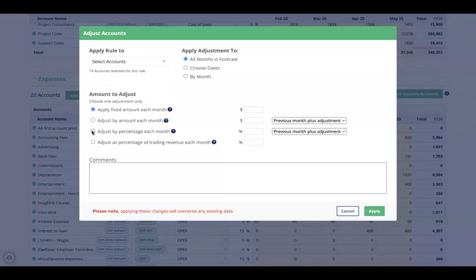And I'm going to adjust by percentage each month. Let's pick a nice number. Let's do 10. I could do the previous month plus adjustment, the previous year plus adjustment, or the existing value plus the adjustment. For right now, I'm going to do the existing value plus adjustment. This is also available in this drop down over here, but I'm going to stick with this one, adjust by percentage each month, and I'm just picking the existing value